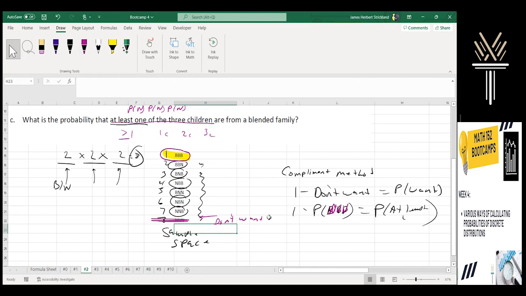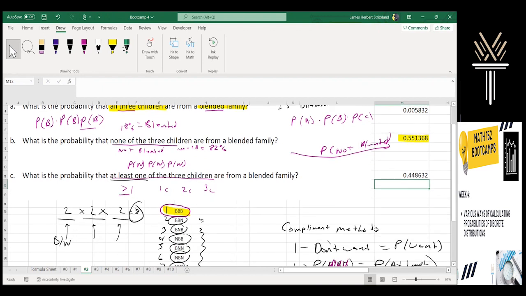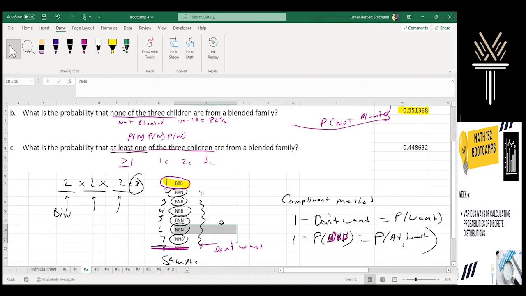So let's do that. The probability of not being blended 3 times, we already found, right here. It's the probability of not blended. And so if we just do 1 minus that, we will get the probability that we're looking for. 1 minus not being blended is 0.448632. And again, if you found all these probabilities and just add them up, you would get the same solution